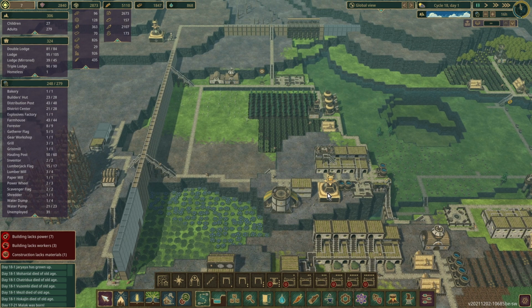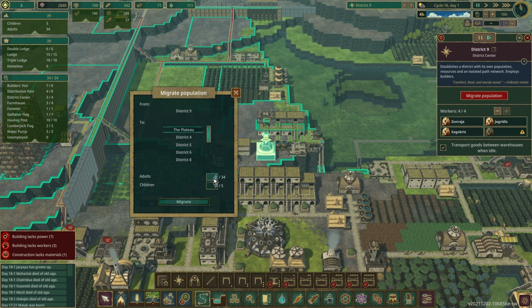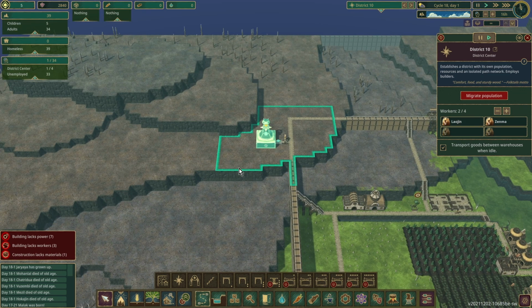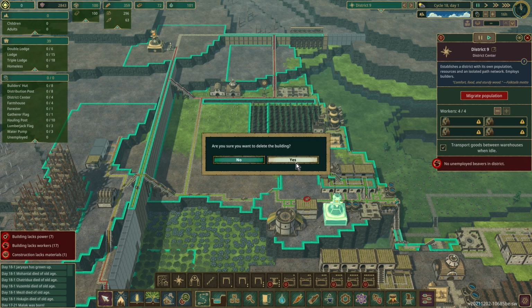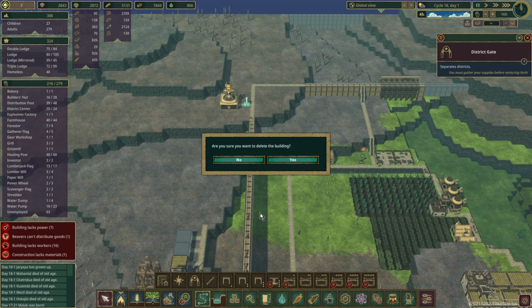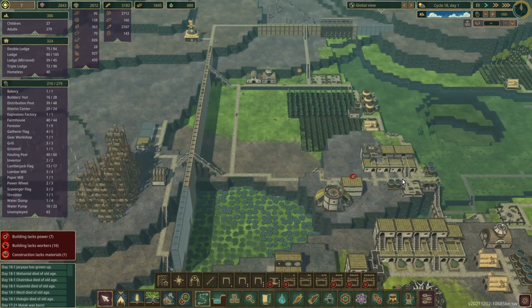Now comes the interesting bit. I am migrating the entire population of 34 adults and 5 children to the new district. So they should all now move to the new district. Now they've done that, I can delete this building. Now I can delete the district gate and put the path back in, and hopefully